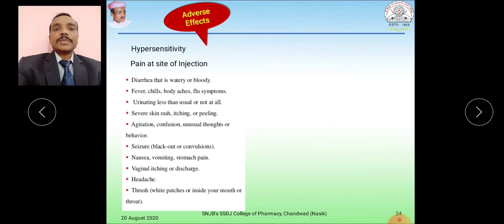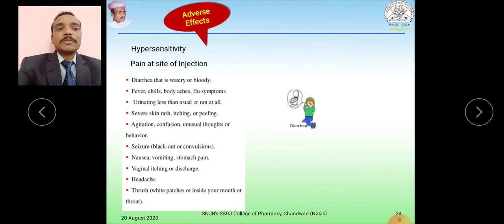Adverse effect. The main side effect of the penicillin is hypersensitivity and the pain at the site of injection. So diarrhea, that's the one side effect. Fever, chill, body ache, flu symptom, urinating less than usual or not at all, severe skin rashes, itching or peeling,